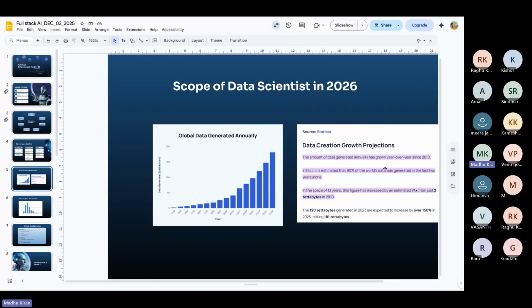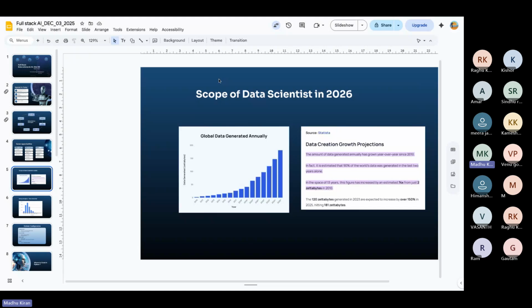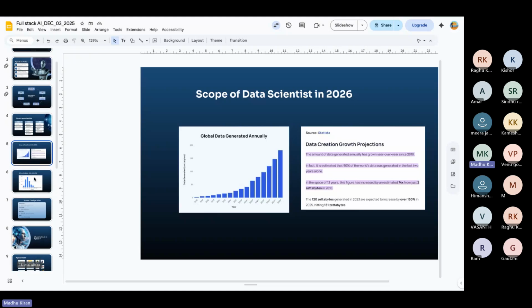So when there's a scope of a lot of data, then we need data analysis. Obviously, we have to draw insights out of data. Since there is a huge flow of data, we can guarantee that data scientist roles or AI roles would obviously stay in the coming years also. So this is about the scope of different career paths.